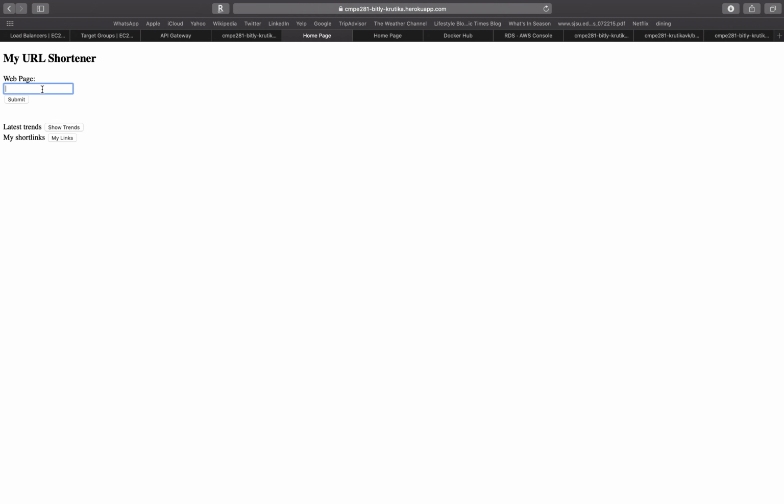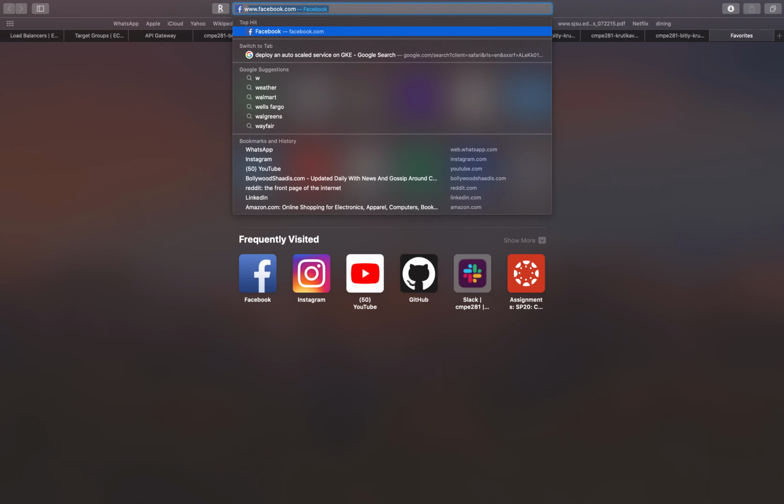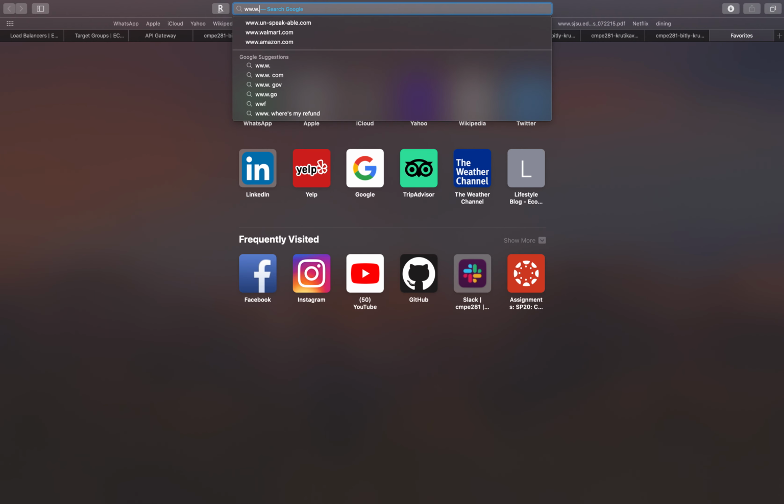So let us have a look at the URL shortening process. Let me create a short URL for sjsu.edu.